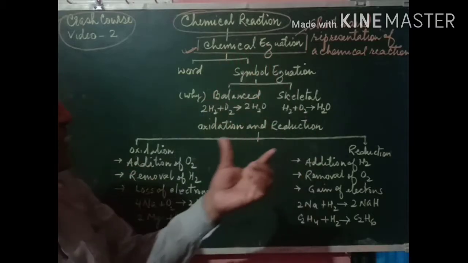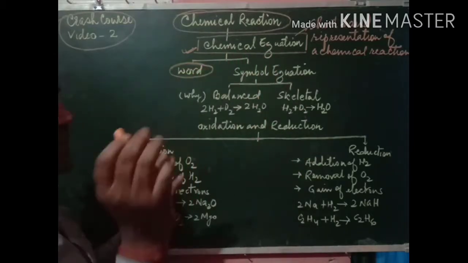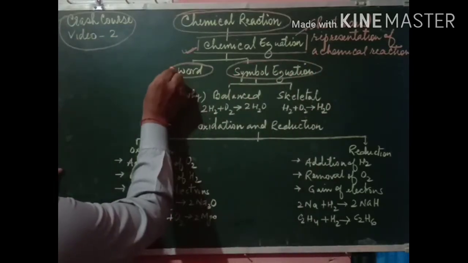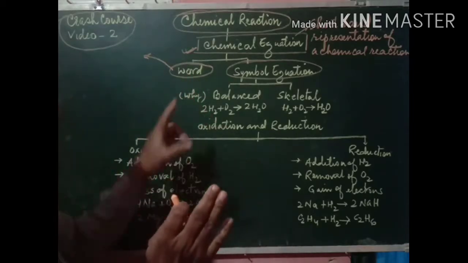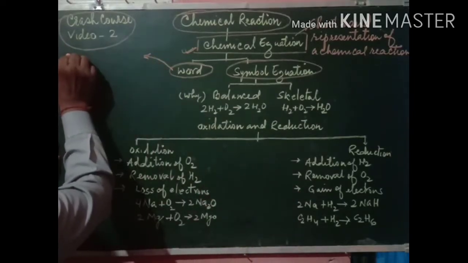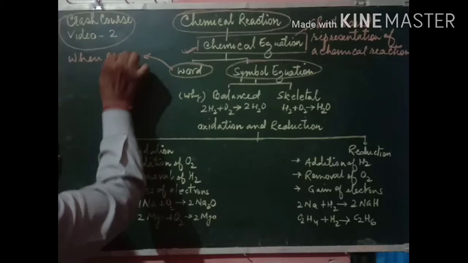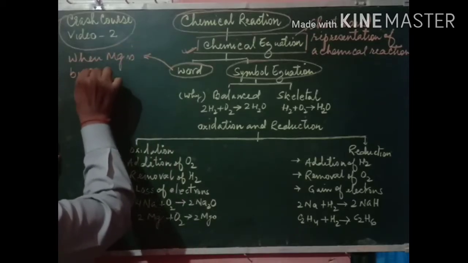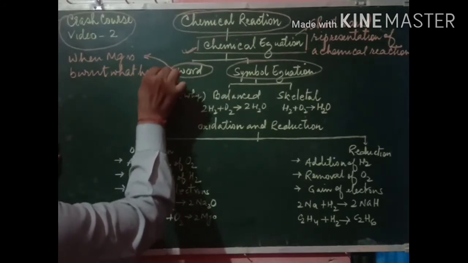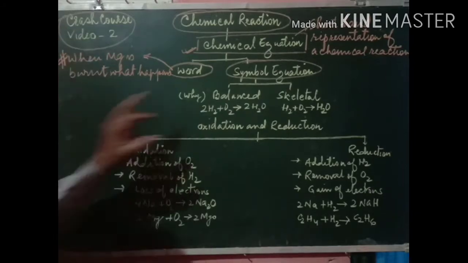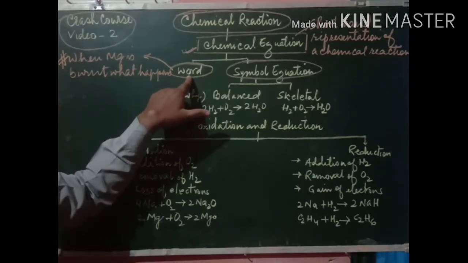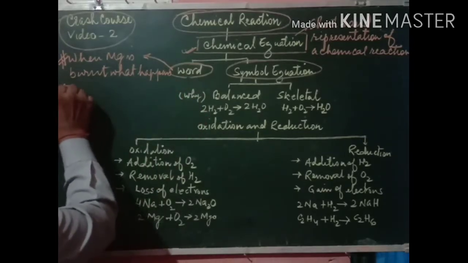So actually a chemical reaction is written or represented in two ways. First, that is the word equation. So what is the word equation? Questions from these will definitely come, and both word equation and symbol equation come together. Example, when magnesium is burnt, what happens? Write its symbol equation. Remember that when magnesium is burnt, what happens? This can be called a word equation, or simply when